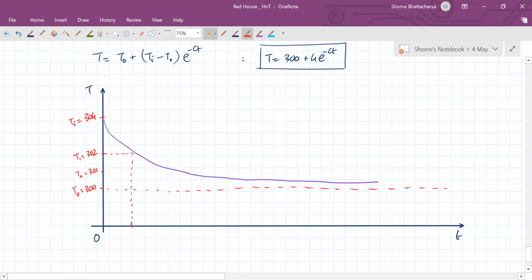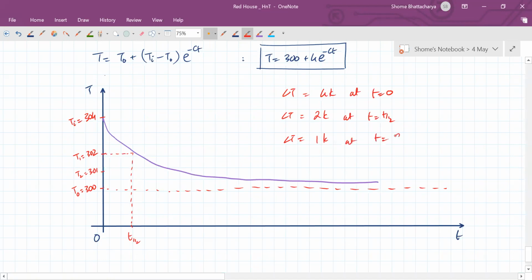If this time is labeled T half, because the temperature difference, this delta T, was equal to 4 Kelvin at T equal to 0, now the delta T has become equal to 2 Kelvin at T equal to T half. Further the delta T will become 1 Kelvin